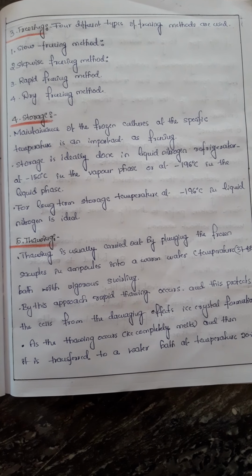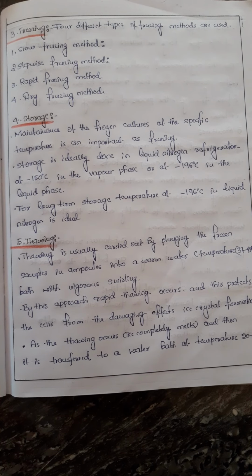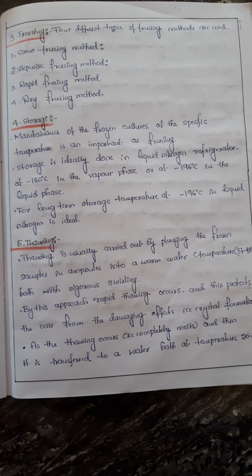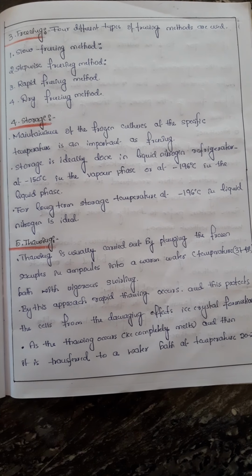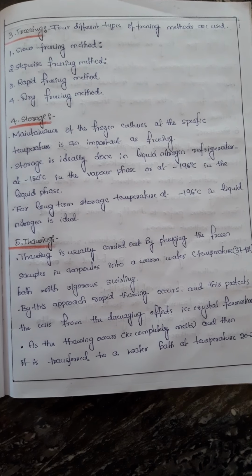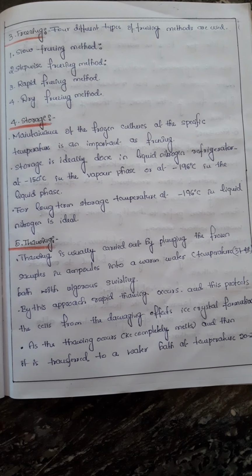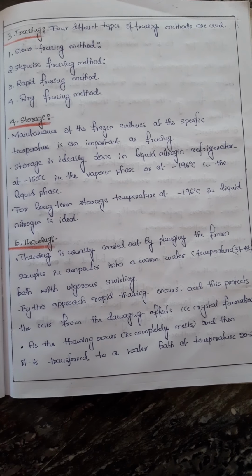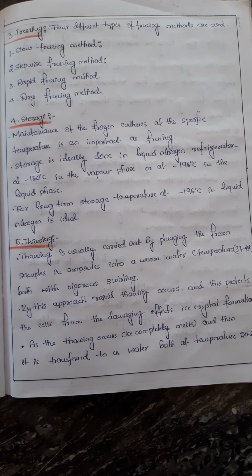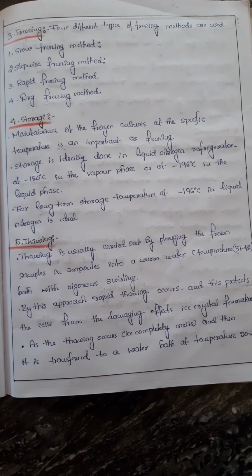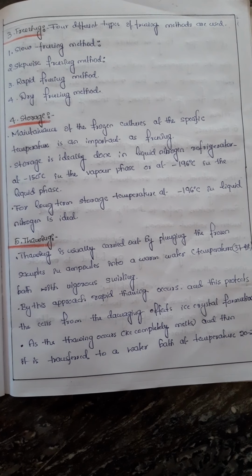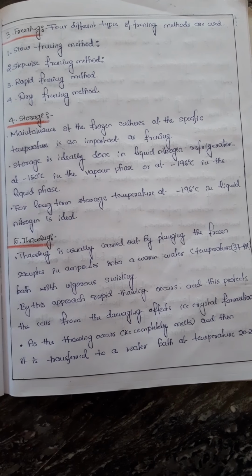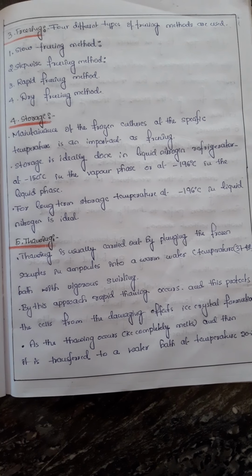Next one is dry freezing method. Some workers have reported that the non-germinated dry seeds can survive freezing with very low temperature, in contrast to the imbibing seeds, which are susceptible to cryogenic injuries. In similar fashion, dehydrated cells are found to have high survival rate after cryopreservation. This is the dry freezing method.